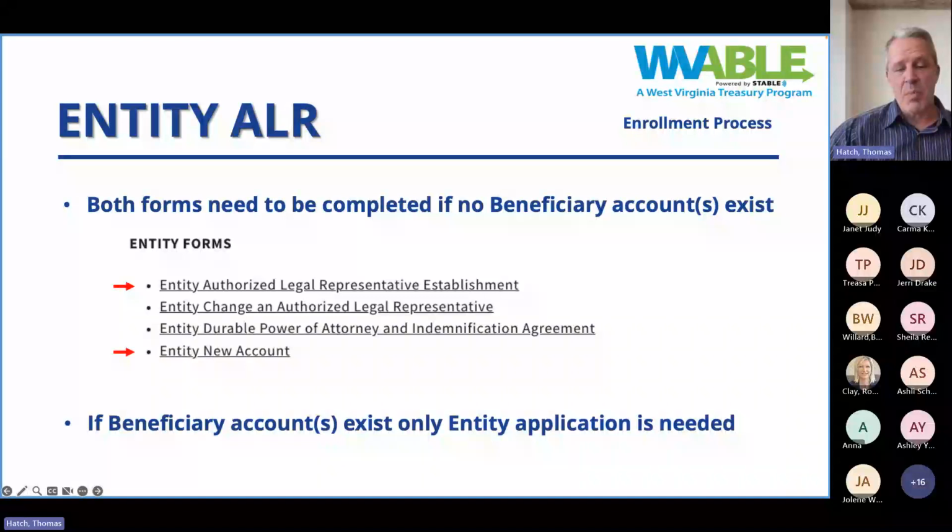And the reason why that's important is that when we get the entity structure established, you can't really log in and start using it until we have an account there for you to start managing. And so if you've never established any, you need to also send in an account form either together with the form, preferably, or very soon thereafter so that they can get the establishment set up along with the very first